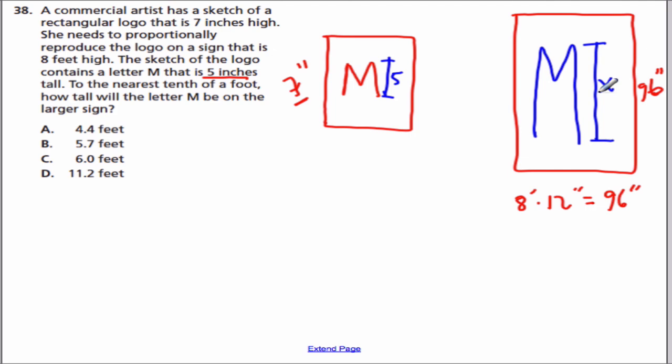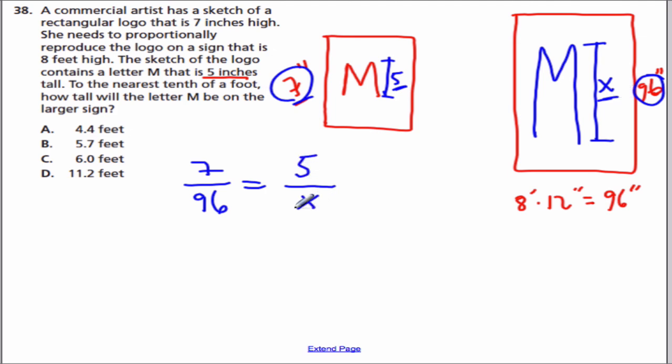When you have two shapes that are similar, everything is in proportion. In other words, our heights are in proportion. So 7 is to 96. This 7 and this 96, that represents both heights, is equal to, a proportion is just two ratios that are the same. I went small to big, so I need to go small to big with the M letter as well. So 5 is to X. When I'm done with this setup, I see I've got one variable, and that's X. Let's cross multiply. So 7X equals 96 times 5,